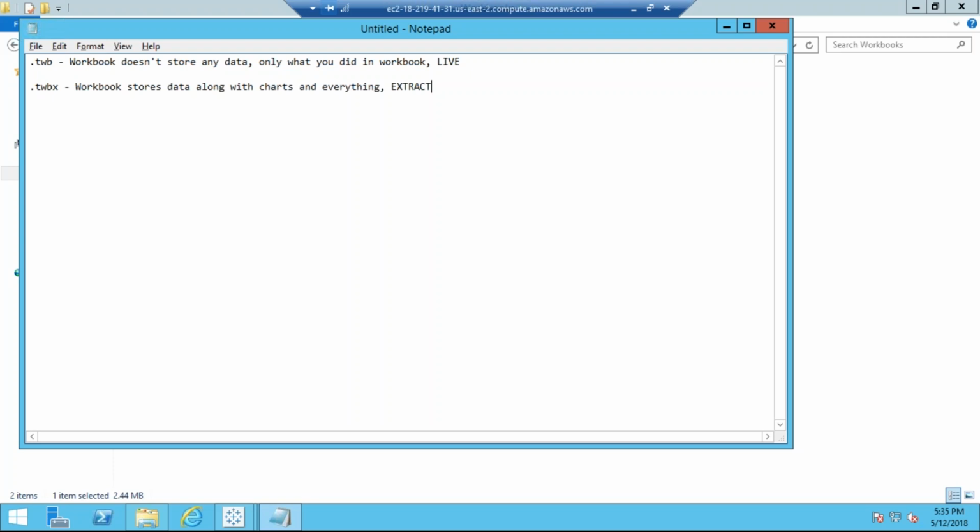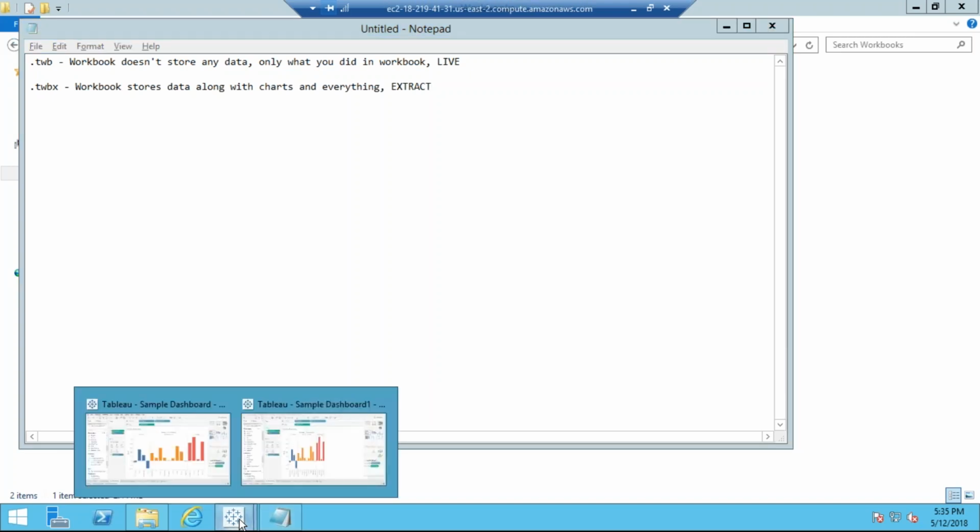TWBX, let's suppose I'm working on something and I have some sample data. Let's say this is the sample data, superstore data, which we normally use, and if we have some problem, we'll work on that data only and later bring it to the original data. If I have to share something with others, I'll share this data itself. I will explain my problem there and load it. I will tell them this is how I want to see my data, my requirement is like this. Can you help me out with that?